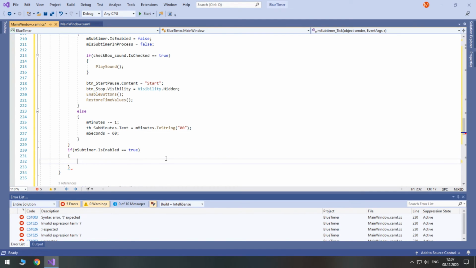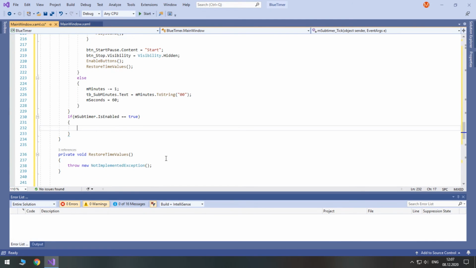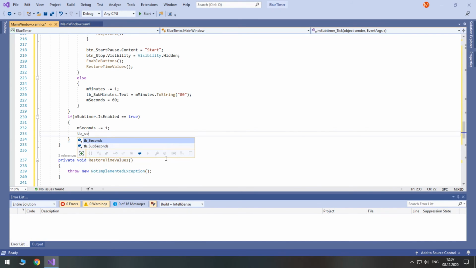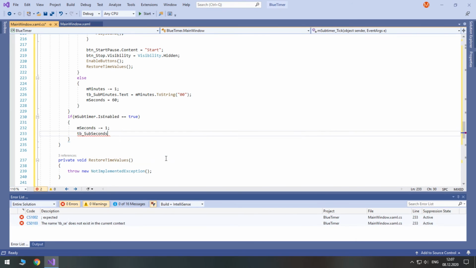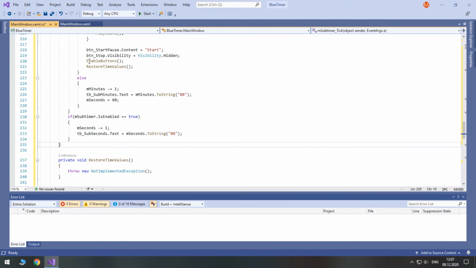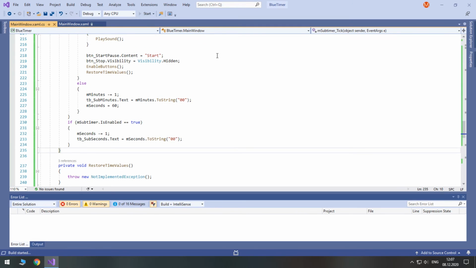If it is, we decrease seconds by 1. Now let's run the program and check if it works as expected.